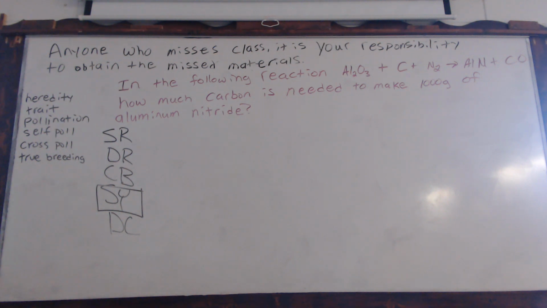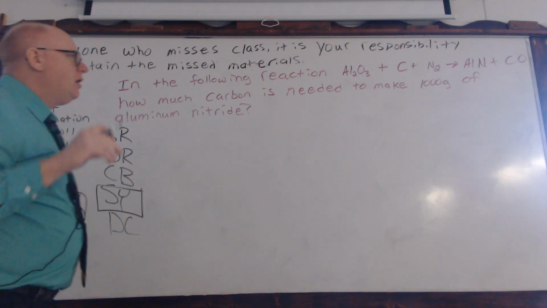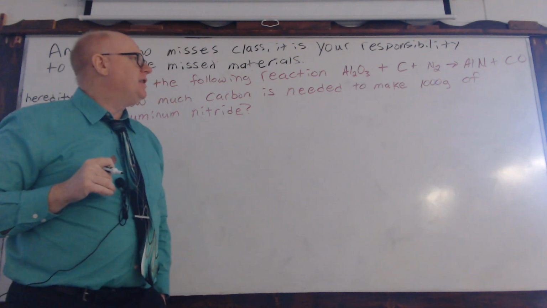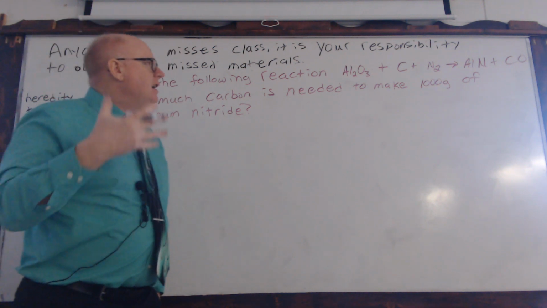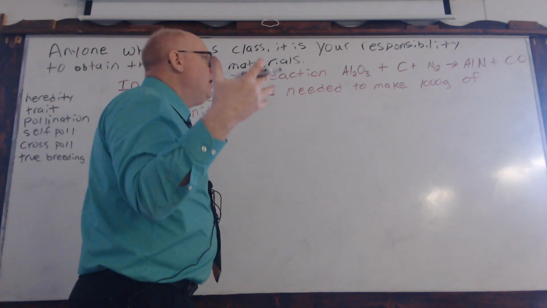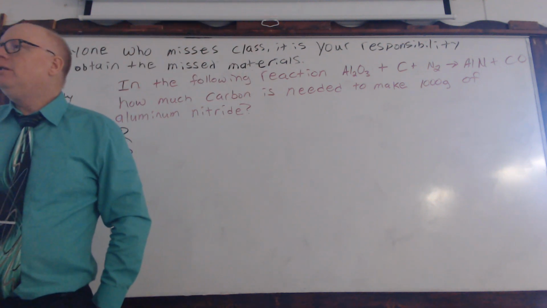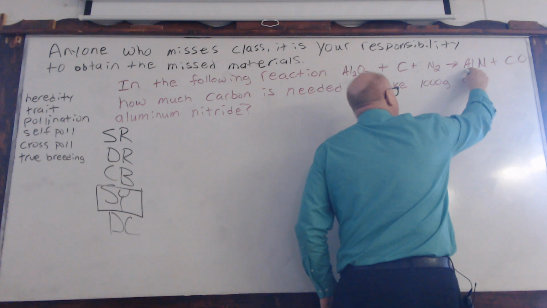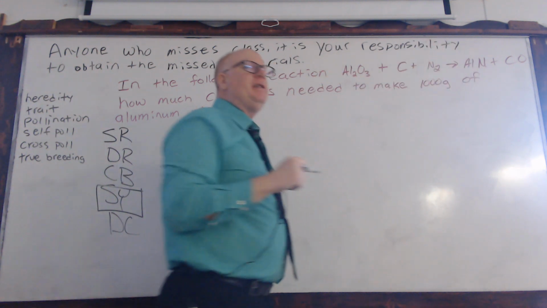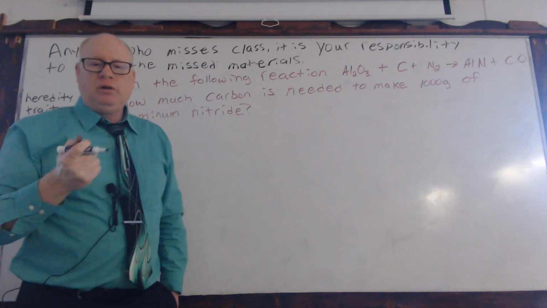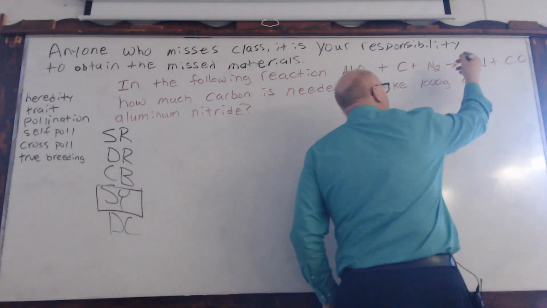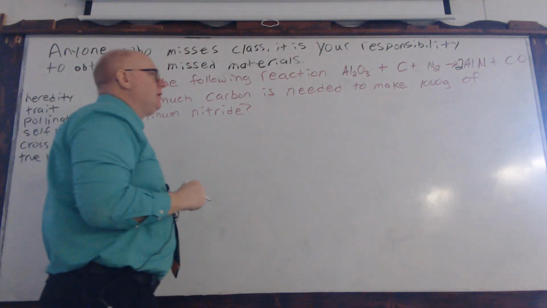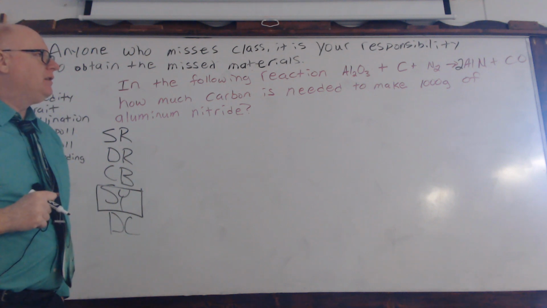So with this, a lot of you were already 3 steps ahead when, oh, we got a little bit of this, a little bit of this to balance this out. And one of the things that we would say, it's just trial and error, okay? So as you approach this, probably the most logical place to start would be here. I'm not saying that that's correct, but why would that be the most logical place to start? Because you have 2 aluminums on the left side. So by trial and error, let's see once what happens. Your aluminums are balanced. What else is balanced? Your nitrogen is also balanced, okay?